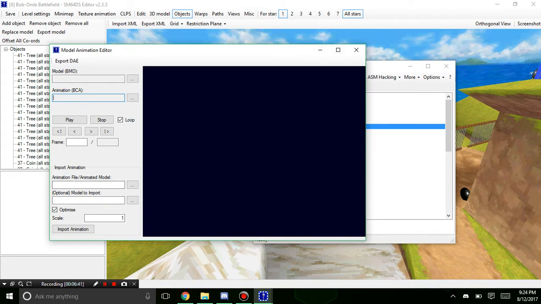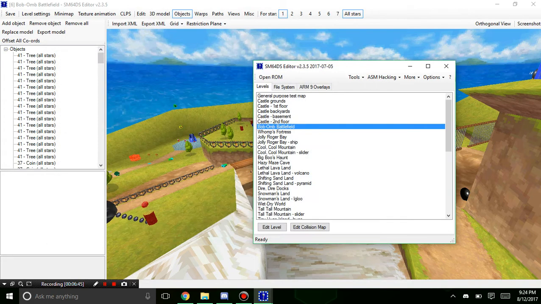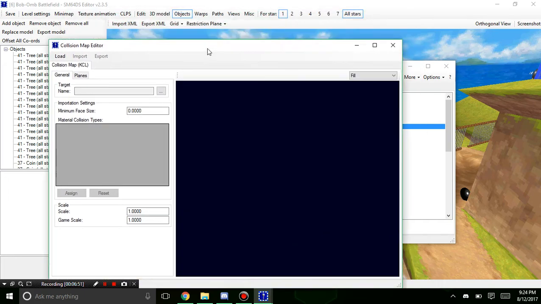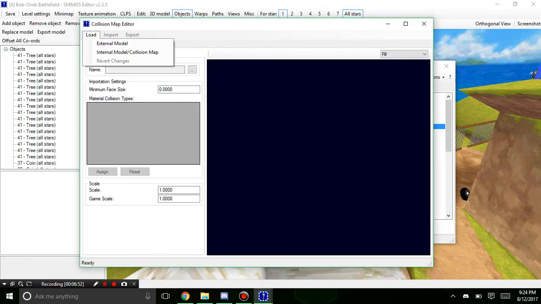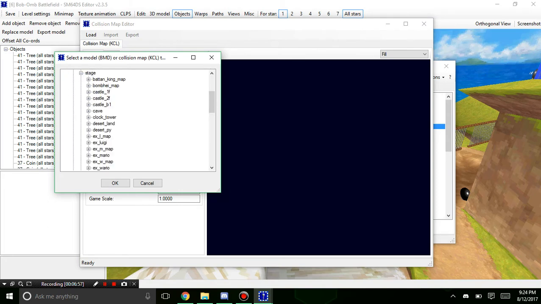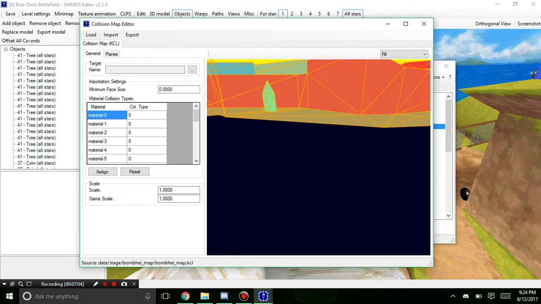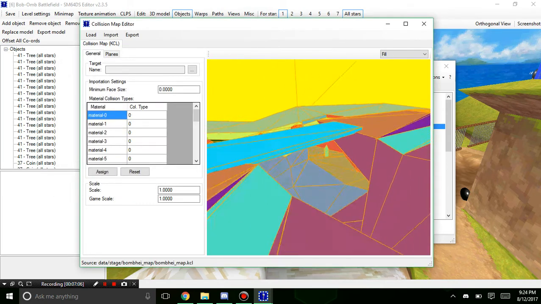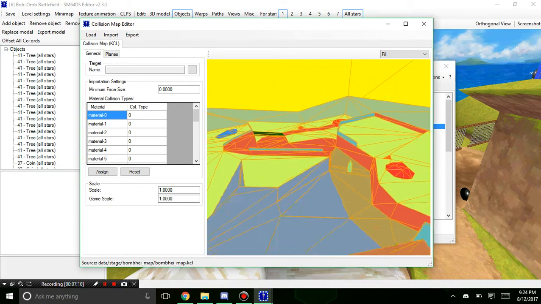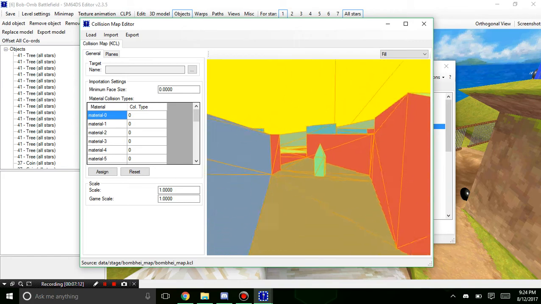But yeah, if you're an animator, this will be used, or model hacking. That will be useful. And there's the collision map editor, where you can load the external model, or you can go in your stage, Bomb-Hay, or Bomb-Hay is Bomb on Battlefield here. And I'll open the KCL. And you can see it has a lot more colorful colors, which is a good thing when it comes to